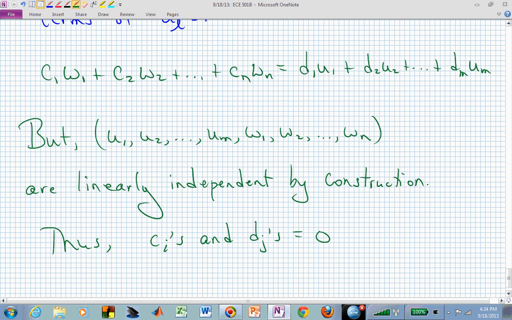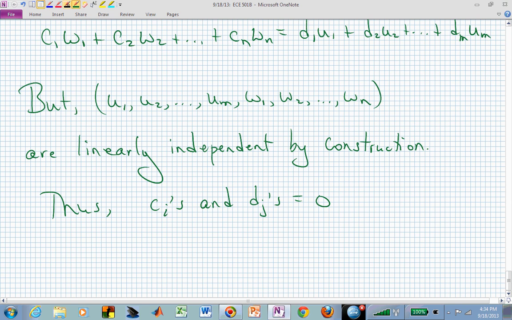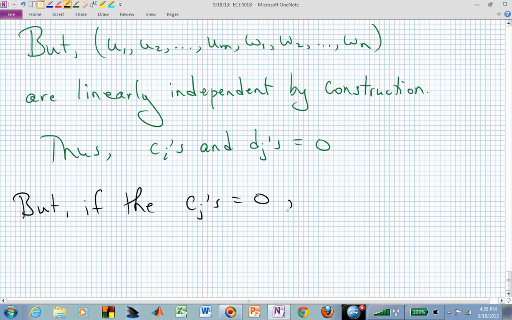Is that okay to say it that way? Thus, all of those C's and D's have to be identically 0. Well, if that's the case, and I keep changing the index on my C's and W's and U's and everything, but I hope you get the idea, the C sub j's, if those are all equal to 0,